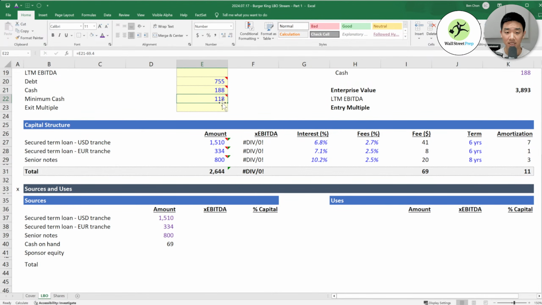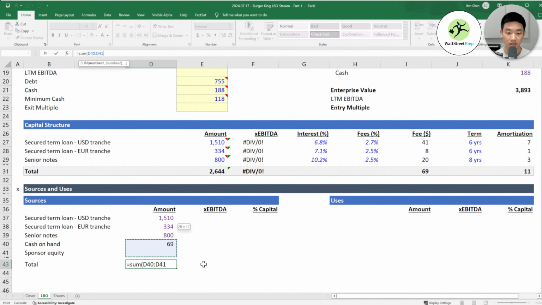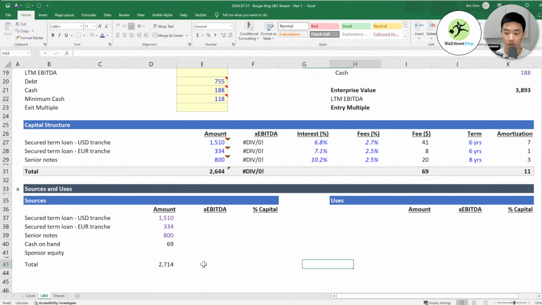And this minimum cash balance is implied: if you take away the 69.4 million that was used, this is the amount of cash Burger King needed in order to buy inventory, let's say, like buy burgers and patties and French fries and potatoes or whatever. So that's what that means. Sponsor equity, we need to add later. It's our plug. All this information we can add later. But total here basically is the sum of this. And there's a lot of stuff we need to add in a little bit later.